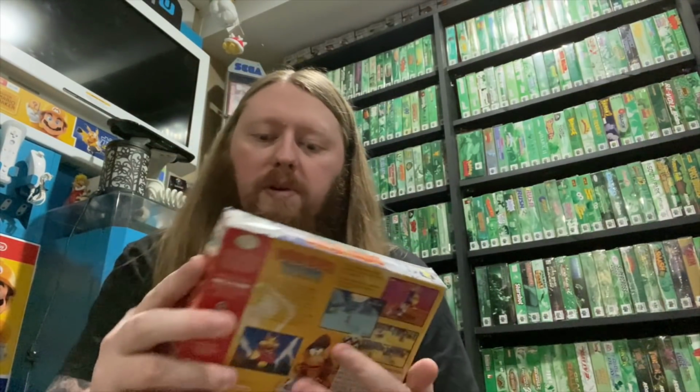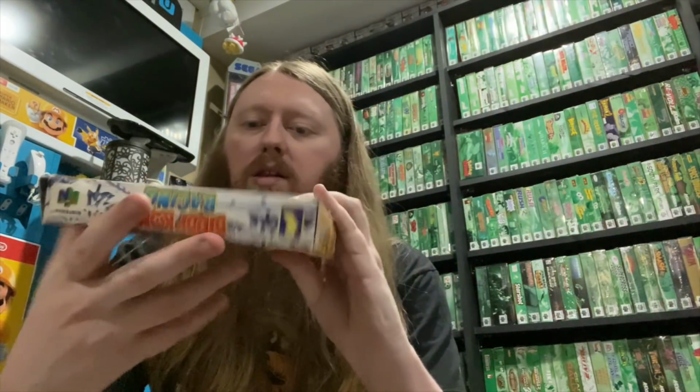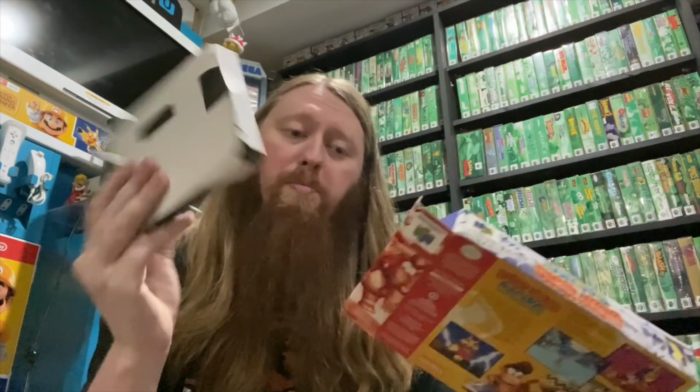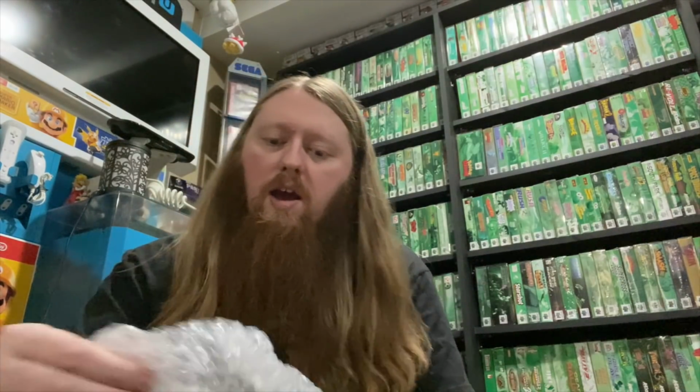Also, a boxed copy of Diddy Kong Racing. This box is also not in the best condition, and it's also missing the manual. But I think we have a manual for this left at the store. I'm not sure, though. All right, so lastly, we have these, and then we have this bag of handheld stuff,